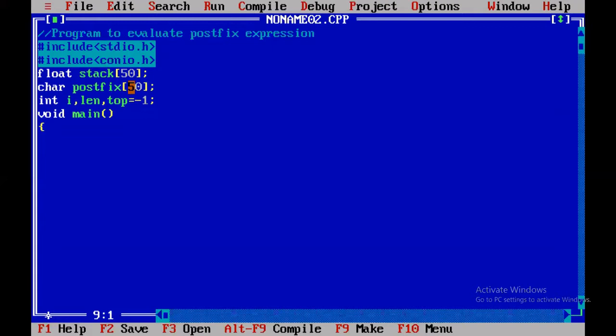So within void main, I'll call the clrscr clear screen function. And in the next line, I'll prompt the user to enter the postfix expression. Enter postfix expression \n semicolon. Then I'll read that postfix expression into this postfix array, scanf %s, comma,